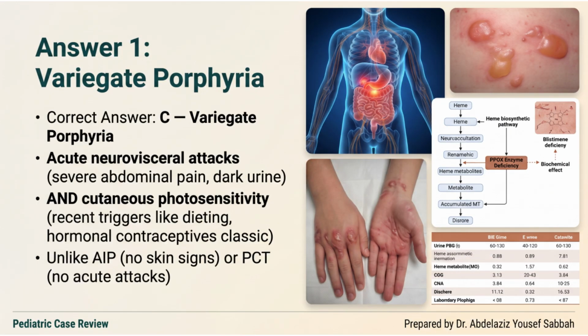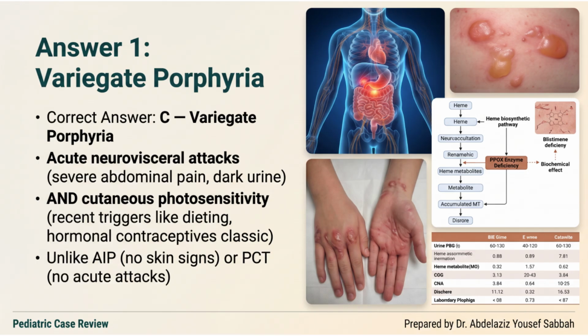This patient is having an acute neurovisceral attack, shown by the severe abdominal pain and the dark urine. The recent triggers are classic. Dieting and starting hormonal contraceptives both precipitate attacks. What points specifically to variegate porphyria is that it is a mixed porphyria, capable of producing both acute attacks and